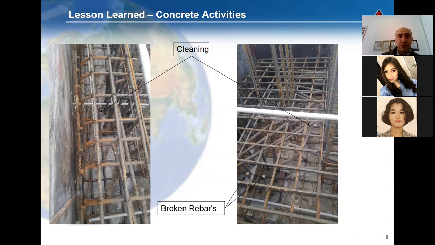Also corrosion, if there is any, should be cleaned. So in general, there is no permission to apply the fresh concrete if there is corrosion on steel. So corrosion firstly should be removed by special cleaning liquid materials. There should be an absence of broken rebars. So all rebars should be inclined and stiffened, but not broken.